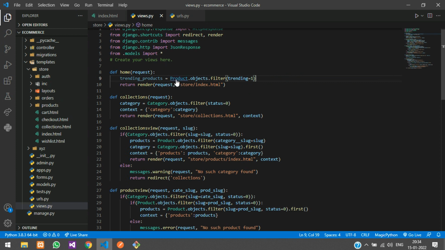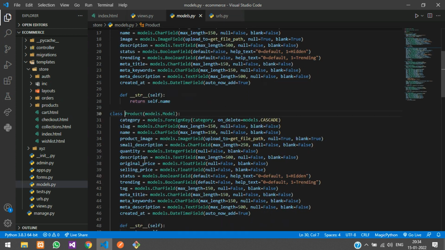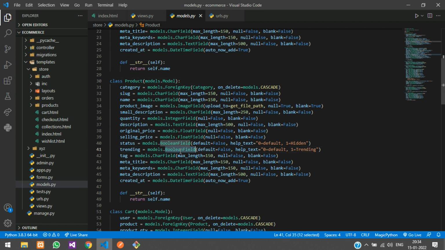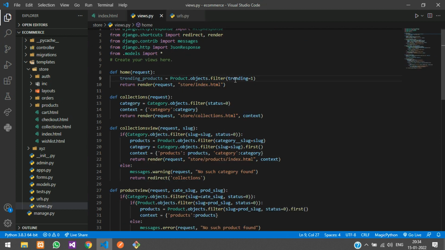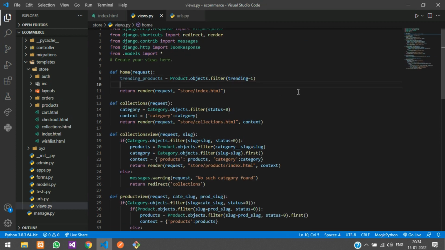If you remember, we had set trending as a boolean field. You can see trending is a boolean field. So when you add a product, by default it will be false. If you check the checkbox over there, it will become true. So we are checking here where trending equals 1, and we'll pass it in the context. Copy the variable name and pass the context in the render function. Context,